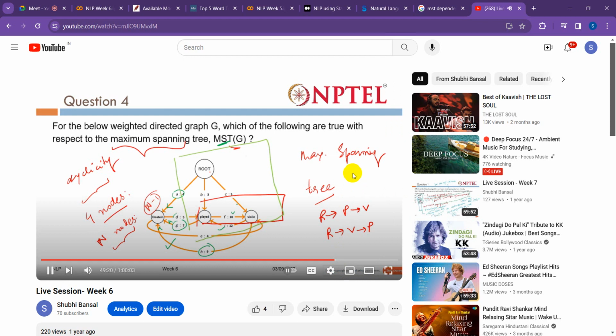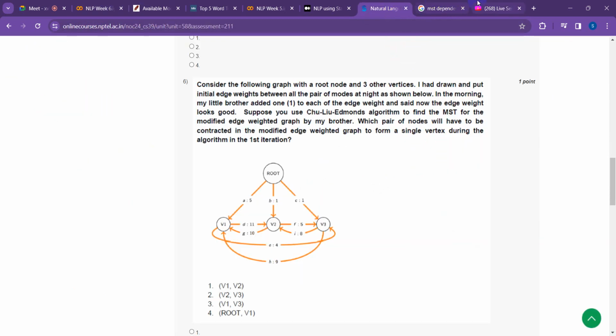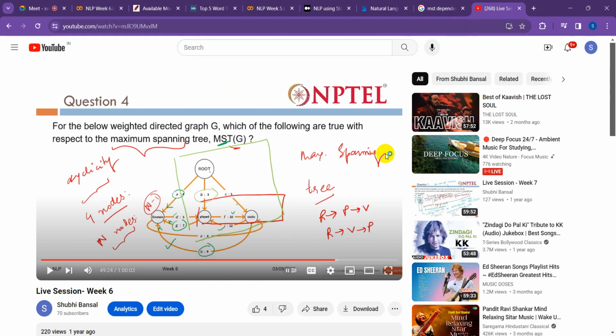this part of the graph. So root to plate to violin, if I take, that would be B3 and F10. That would be in. What is